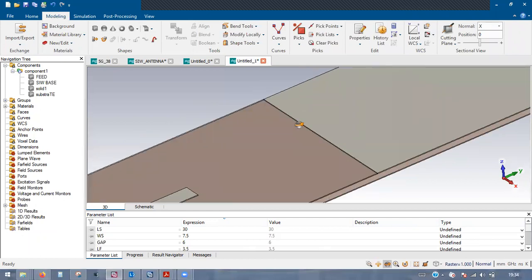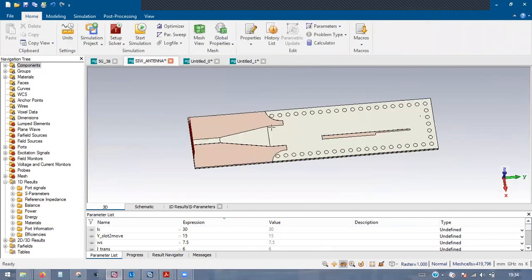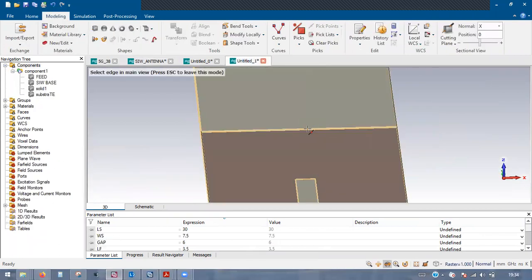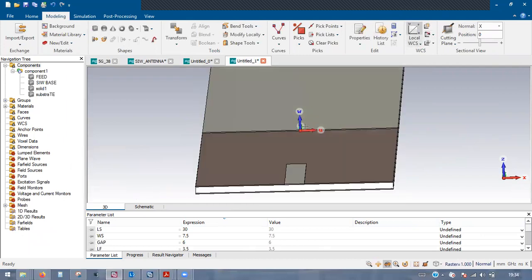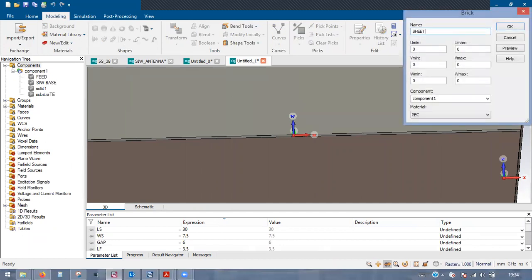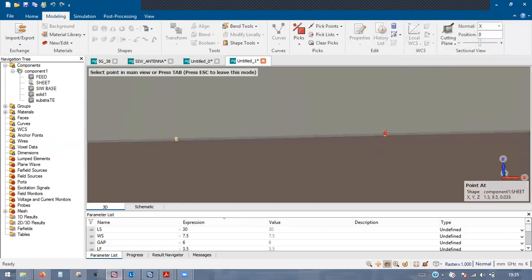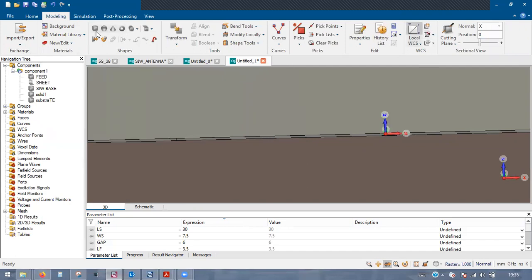So yeah, now we need a cut. Here you can see there are two slots. This width is around 3 mm. So for that you can bring your UVW coordinates into the file. Then for an easy way you can create one sheet whose length will be 3, width will be 3, length will be 0, and height will be the height of the conductor. I'm bringing this here for an easy way of designing. So I'll get these two points for selection and designing. Once I select this point, I can bring UVW here for that slot.